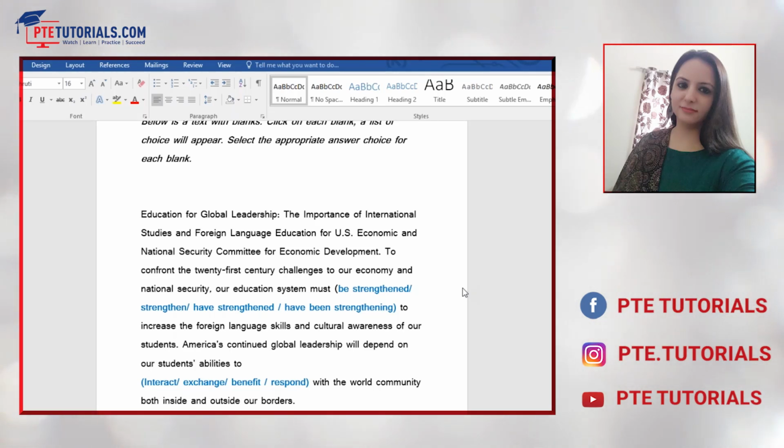For example, if I say aware of, aware is the form of verb, of is the preposition. Throughout your English, whenever you see the word aware, the next word will be of. Now, next point: 80% of your blanks in reading fill in the blanks and reading writing blanks are covered by the form of verbs. That is why grammar helps. That is why collocations help you. The rest of the 20% will be nouns, adjectives, adverbs,